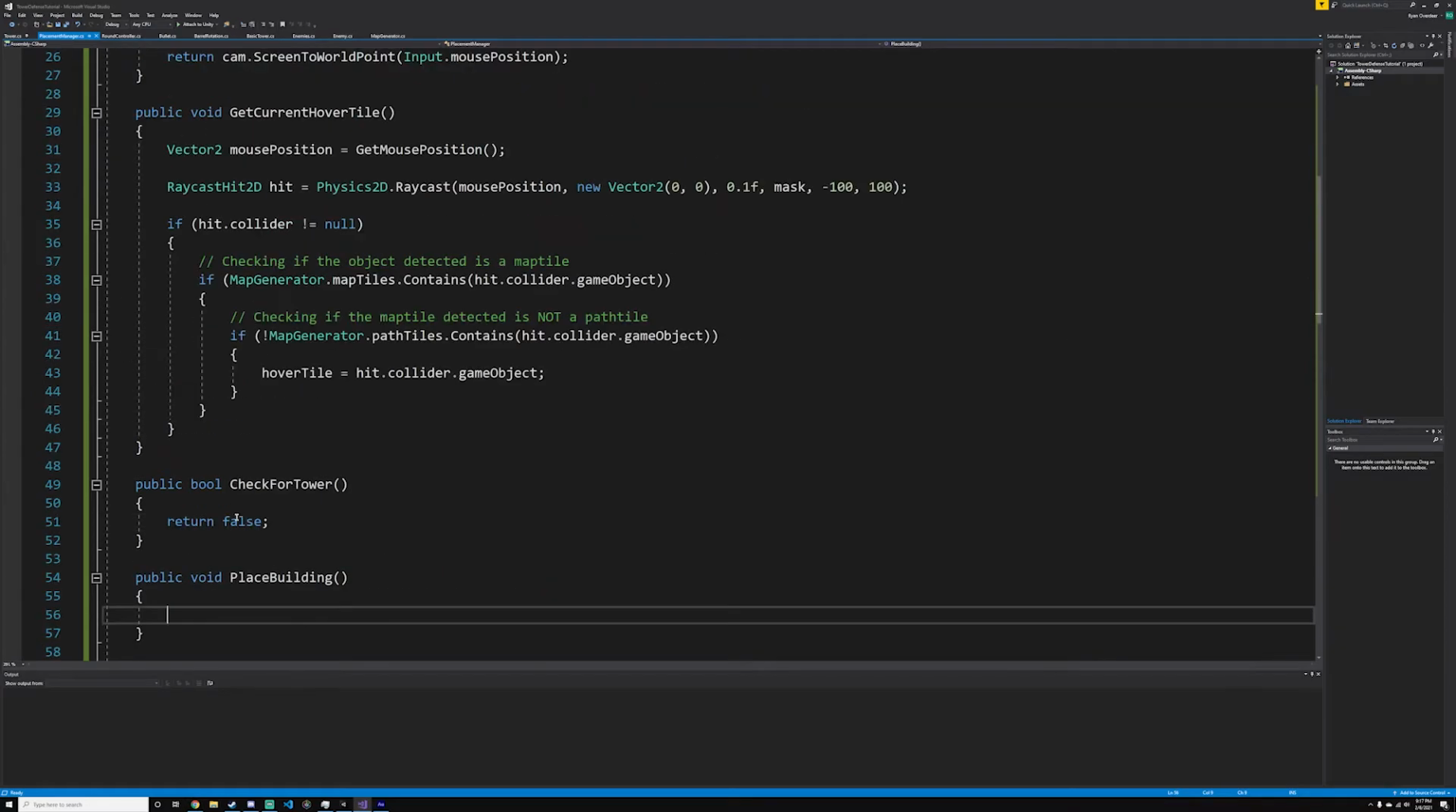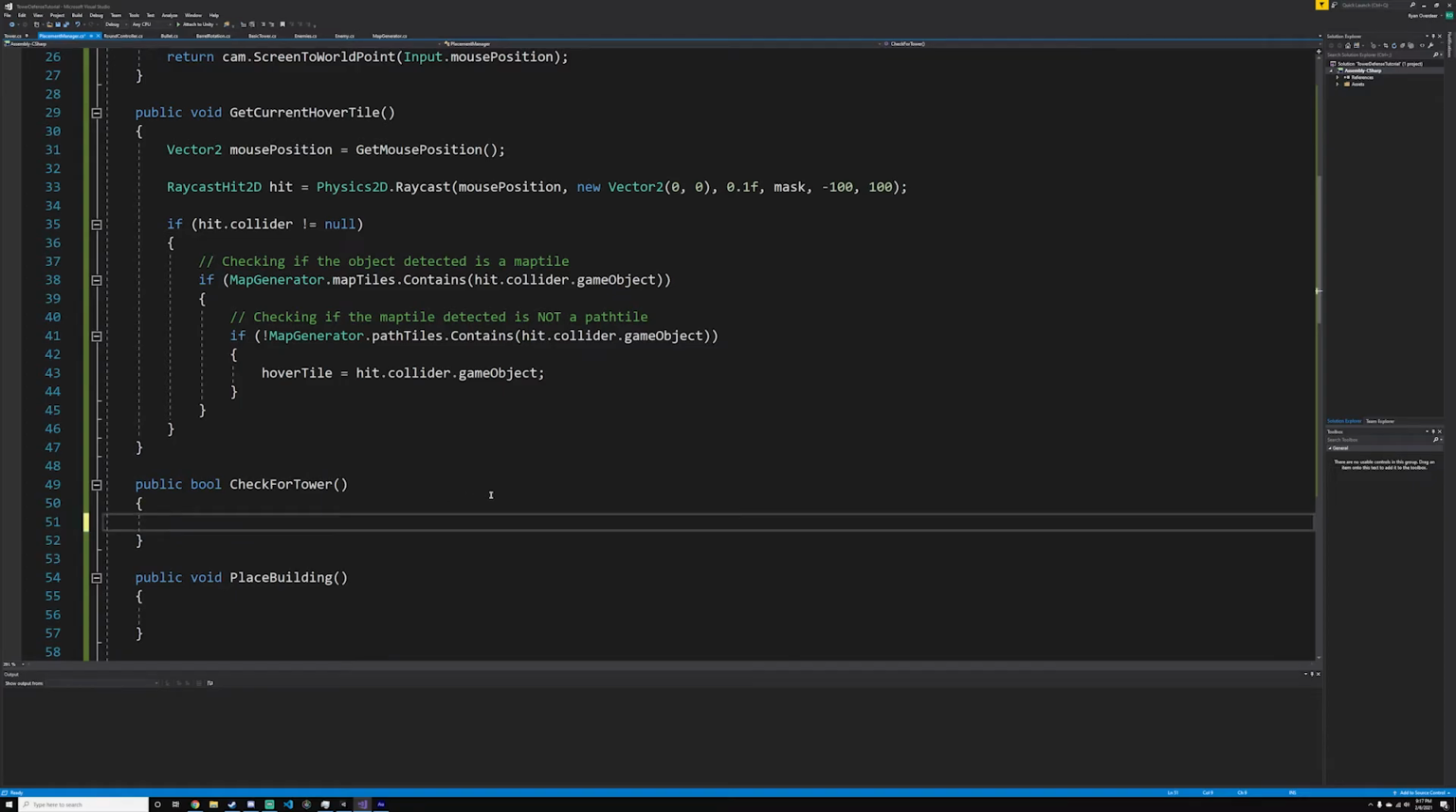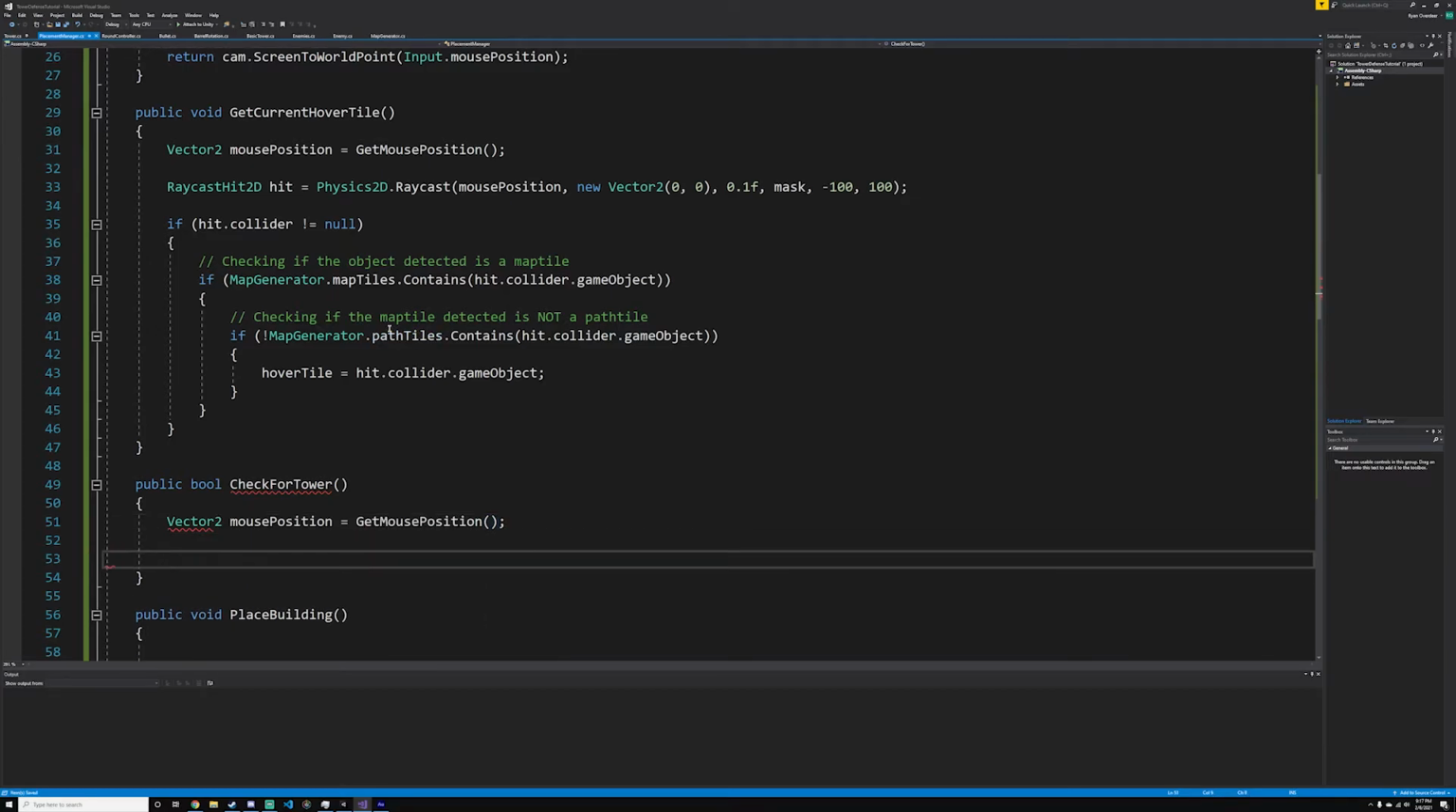So what we can do is place building. We need to check for tower, which can be done by simply basically doing the same thing as get current hover tile. Going to do Vector2 mouse position equals get mouse position, and then RaycastHit2D hit equals Physics2D.Raycast, mouse position, new Vector2 0,0